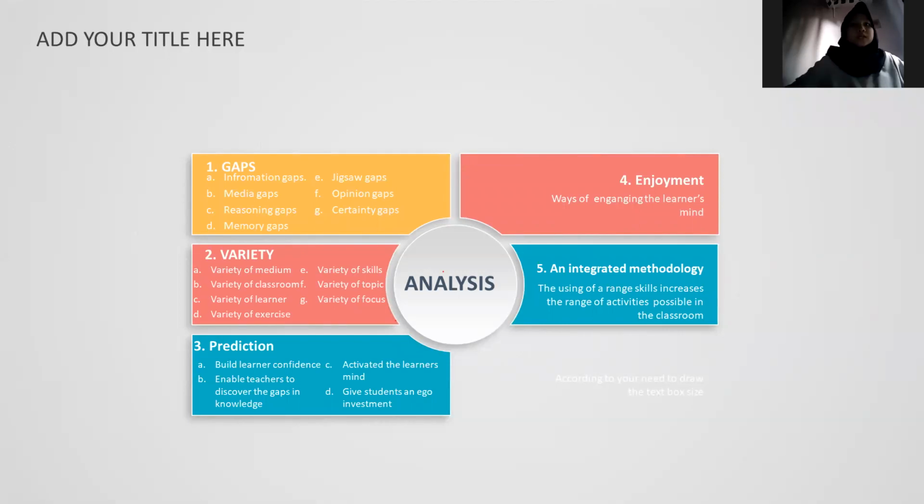the thinking process. The second one is variety. It is the spice of learning. In order to get the repetition necessary to help learning, there must be variety to keep the mind alert. So variety can be achieved in a number of ways. The first one is variety of mediums such as text, tape, pictures, and speech. And then there is variety of classroom organization, including the whole class, pair, individual, and